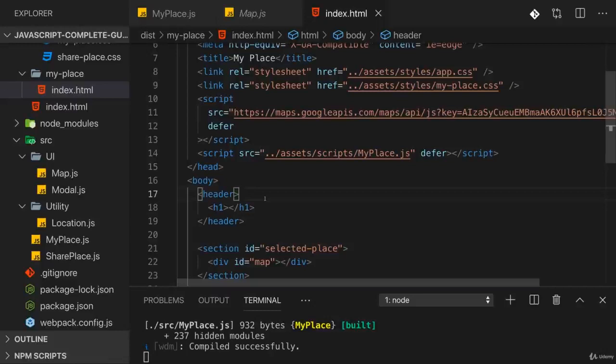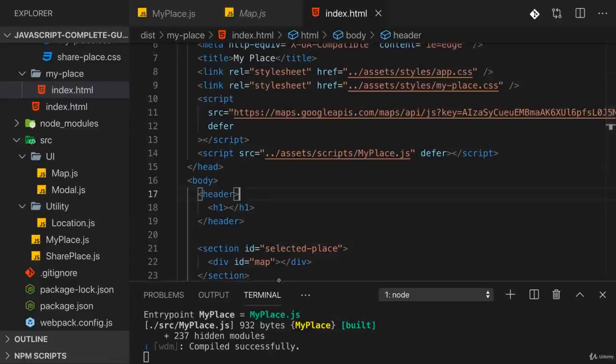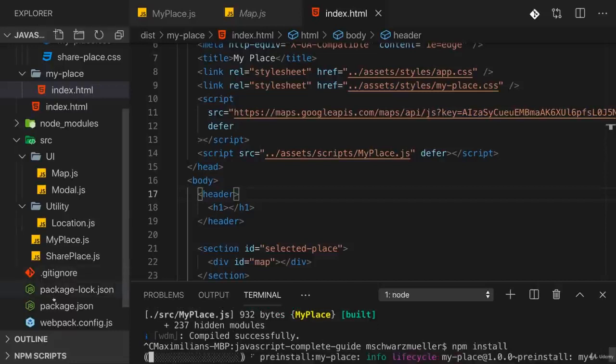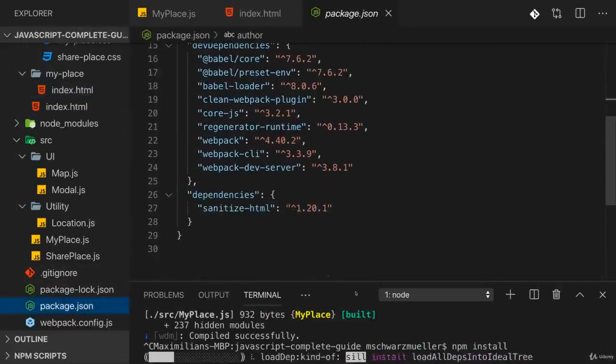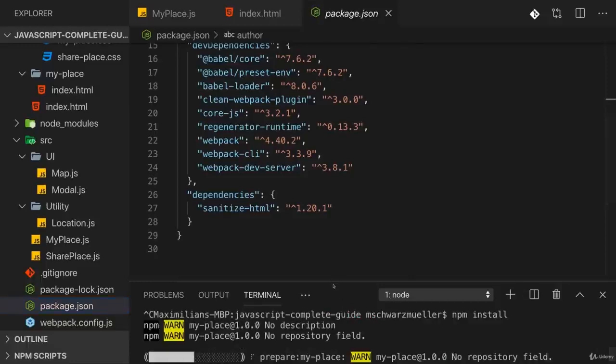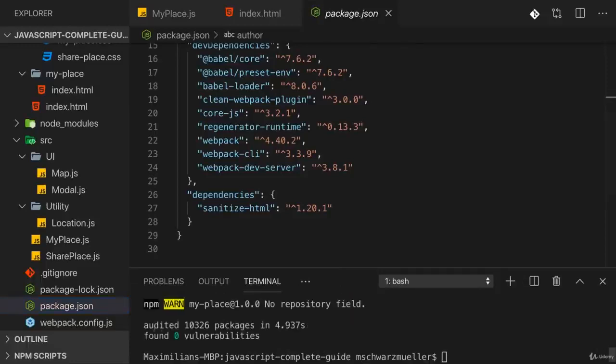If you install something through npm, you also get a little hint. If I run npm install here to install all the third-party packages we're using here, you'll see that once this is done, we get a little output here: audited all these packages and found 0 vulnerabilities. Not every vulnerability it finds here is an issue though, and for some projects it will find quite a lot of vulnerabilities. It just means that there are potential security holes, which might also not be related to the code